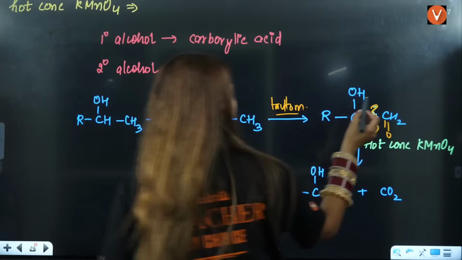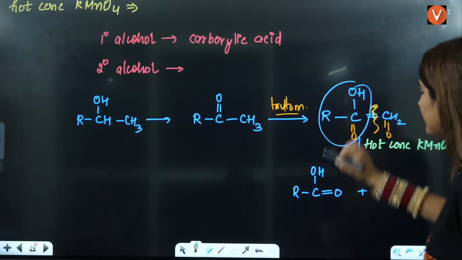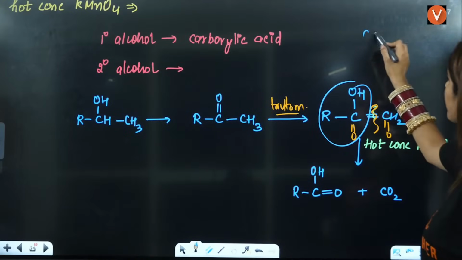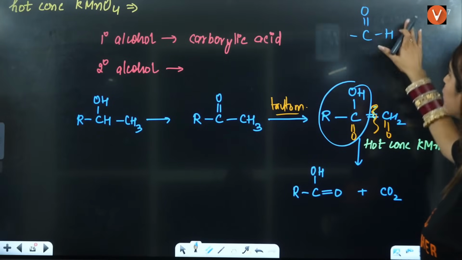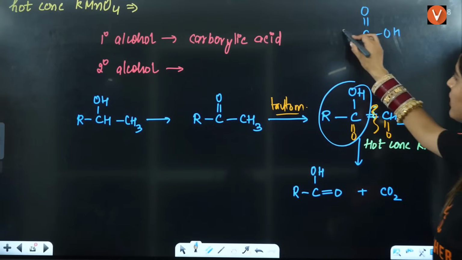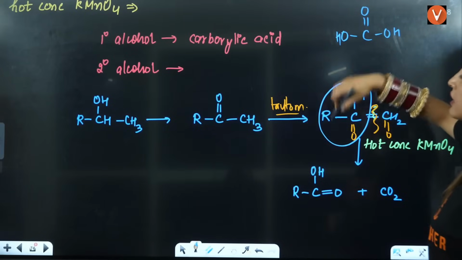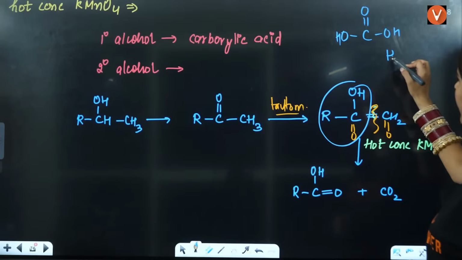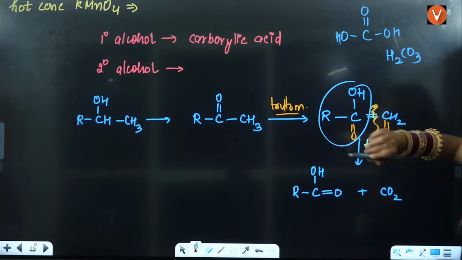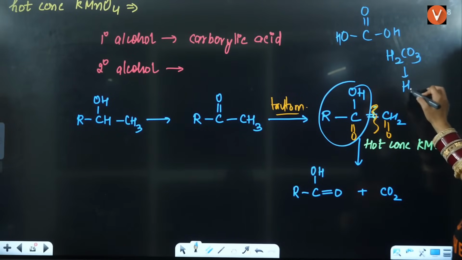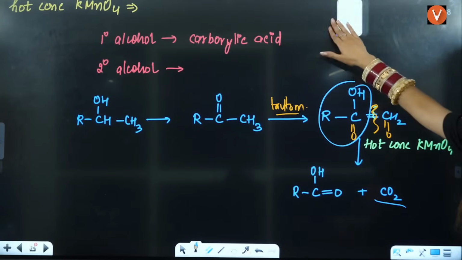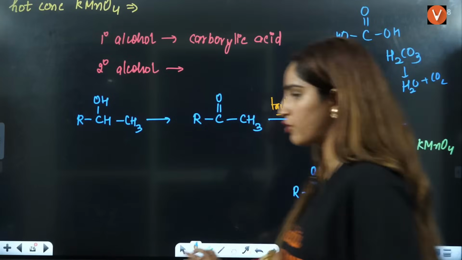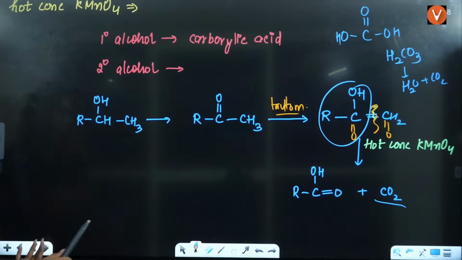Then you get the formation of the acid only, that is this. Here you get the formation of CH double bond O. Now all the hydrogens attached directly to the carbonyl are converted to OH. Now we know that this is nothing but H2CO3, which is not at all stable. This is directly converted to H2O plus CO2, so directly we have written CO2 here. Is that clear to everybody or not? Okay, next is